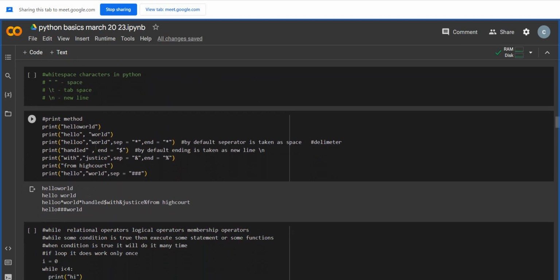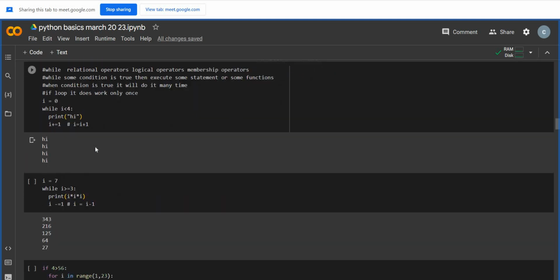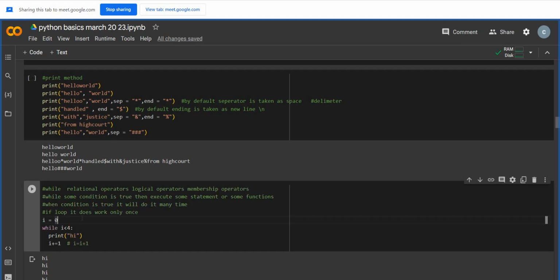These are all okay. Now we'll go for the while loop. While loops are also the same as if conditions. We can use relational operators, logical operators, membership operators, or Boolean. Okay, Boolean is not an operator, it's a data type. The only difference between if and while is that both are conditional,